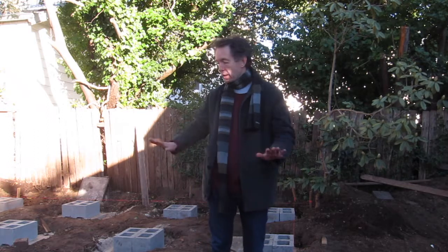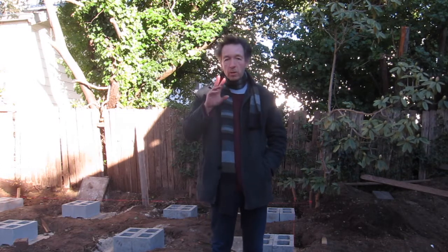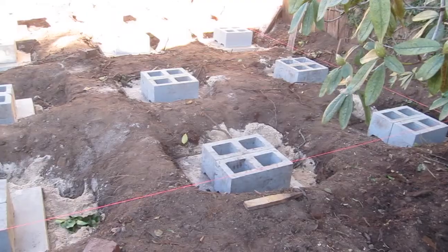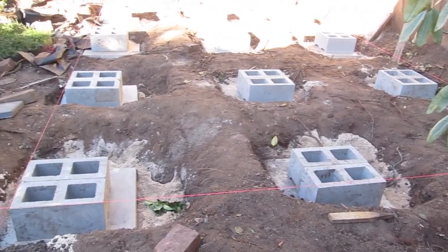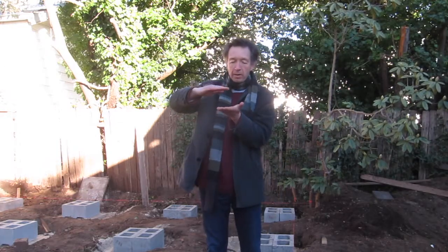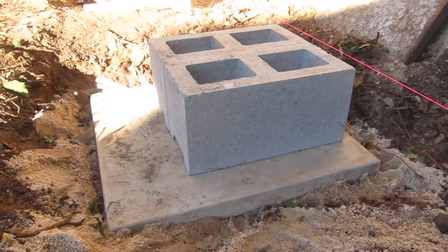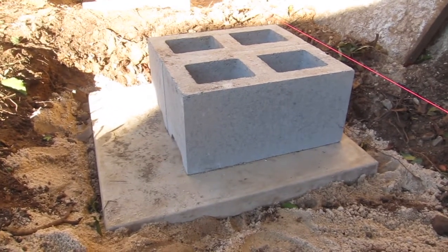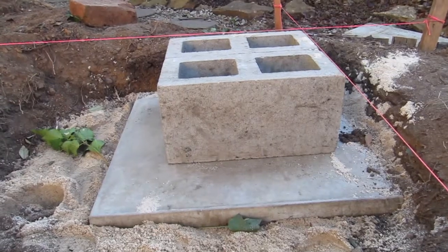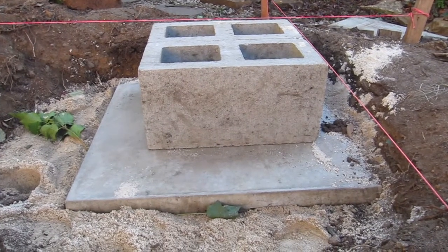Started the building process, and the first thing we've had to do is create the foundations. In this foundation I have 12 blocks in total, and each of these blocks is sitting on about a 50 to 60 millimeter layer of coarse river sand. On top of that there is a concrete pad which is 50 mil thick and 600 millimeters by 600 millimeters wide, and then on top of that sit 2 besa blocks,